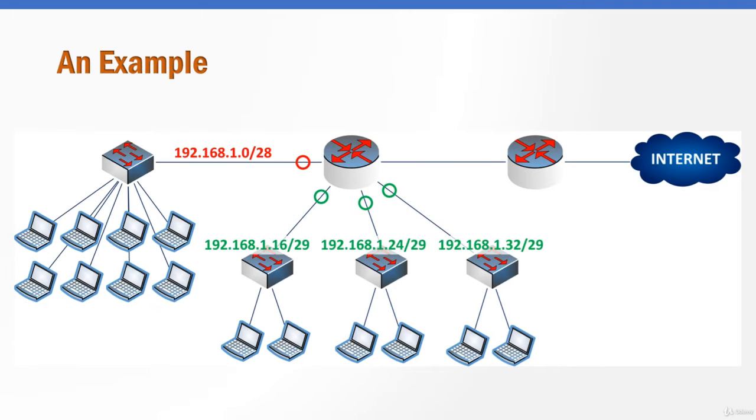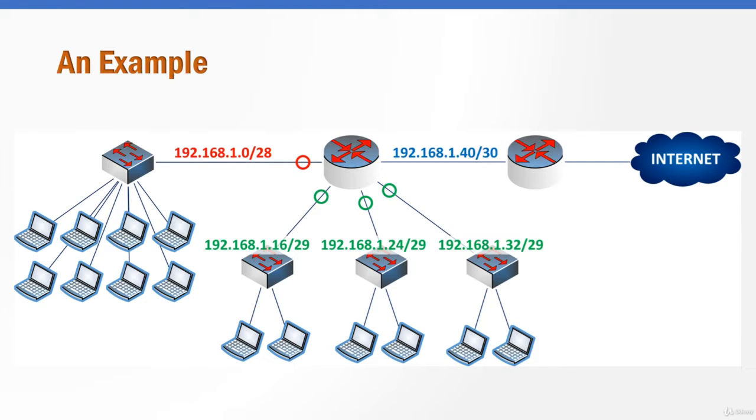We're going to assume the IP addresses that we decided to give these networks in our previous lesson. So the network between the router and the switch on the left is 192.168.1.0/28. And then the three switches that have only two laptops connected to each one of them are /29 networks. And then we have another network between the two routers, between our old router and our new router. That's going to be